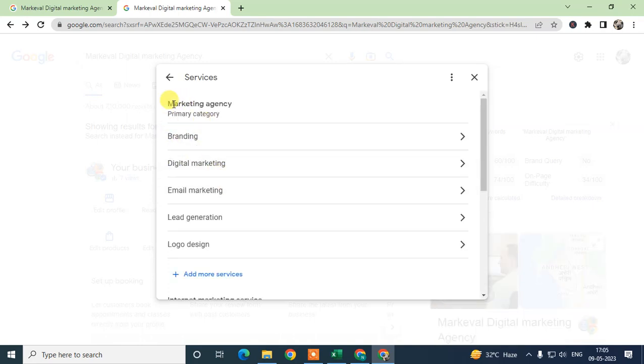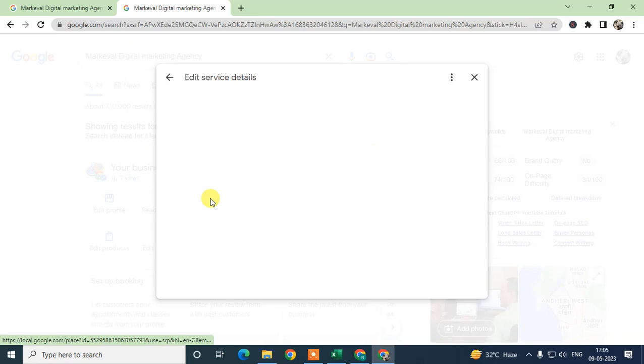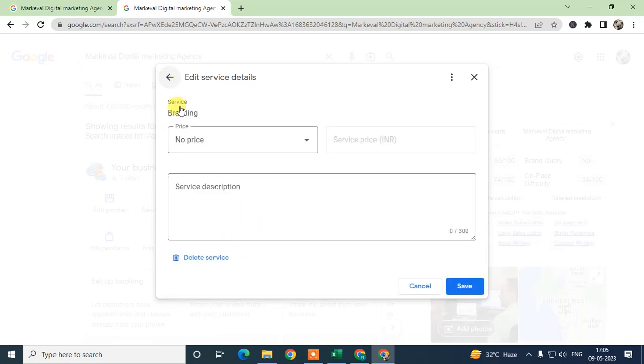Yeah, it will show your primary category. Under this you can see your services. Okay, under these services you can add your service price, and you can also add a description, and you can delete a service from here. You can also delete from here. Okay,